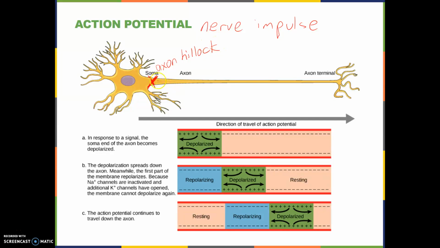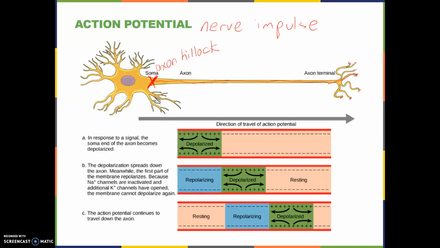The nerve impulse travels from this point all the way down the axon until it reaches the ends of the axon, which are called the axon terminals. So each one of these little ends are axon terminals, and they stimulate different areas of the target or different